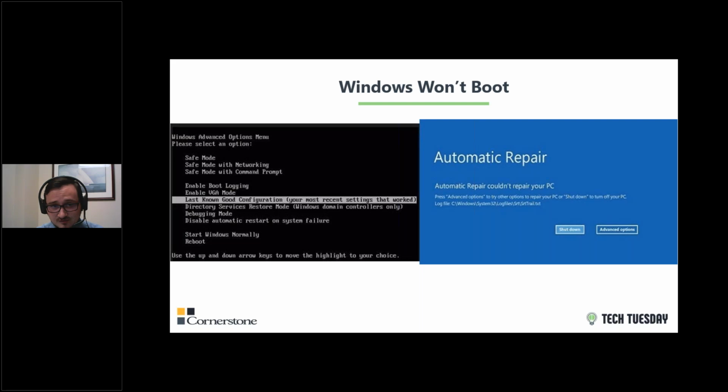But you can also see this screen if Windows won't boot properly. You'd really more likely see the screen on your right. What that does is it tells you that something is wrong with your operating system. And a lot of times people will try to reach out to IT directly to contact this issue. And if you work for a company, that's the best option you've got. However, if you're on your own and you're trying to solve this problem yourself, it's actually pretty easy.